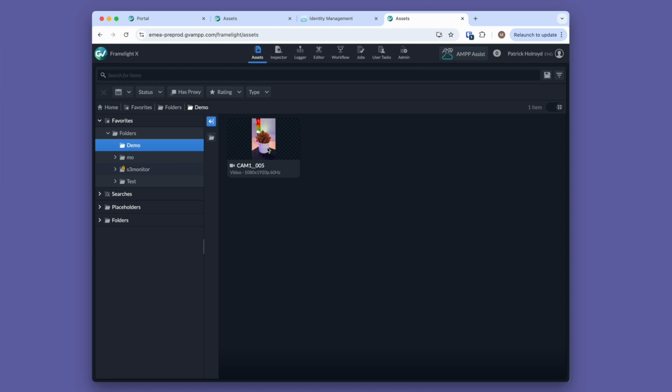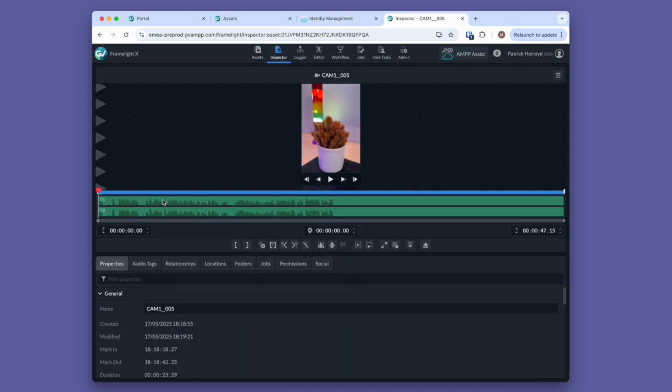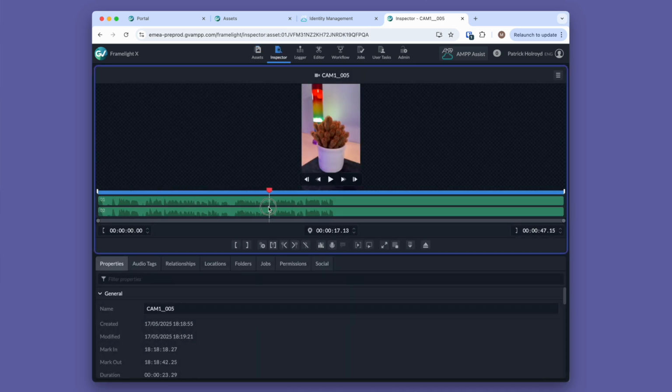And as you can see, the thumbnail that I had has been generated. I can actually click on that file now, and I can actually scrub around, and we can see that the nice lava lamp there is moving around as I was talking. So that's Mavis C2C with Mavis Camera and Grass Valley Framelite X.